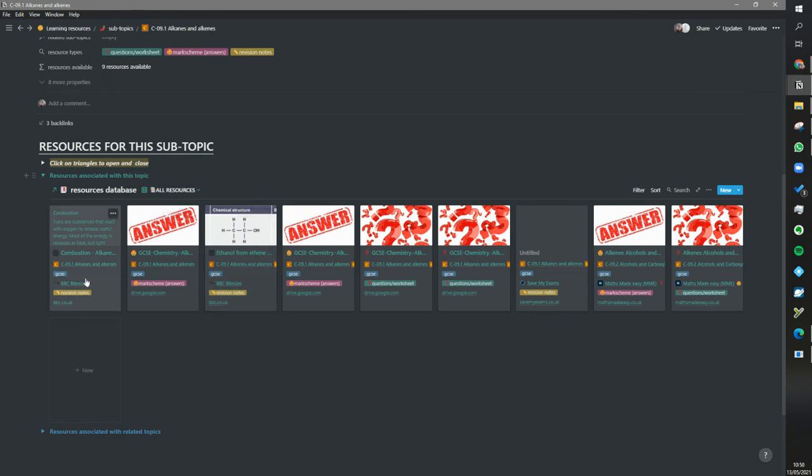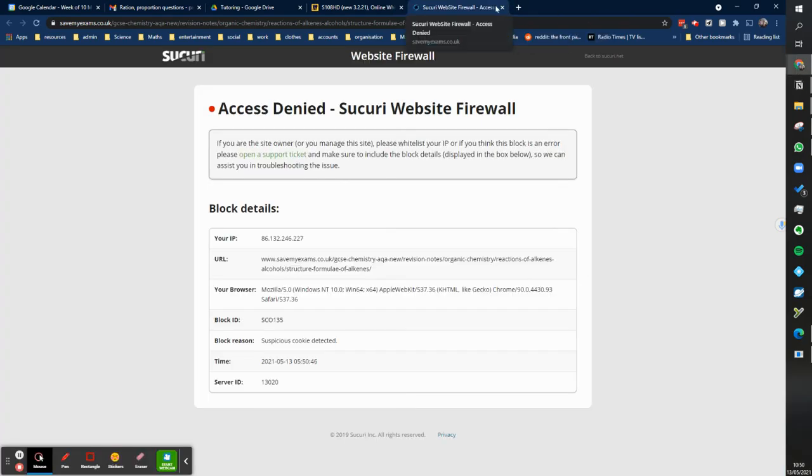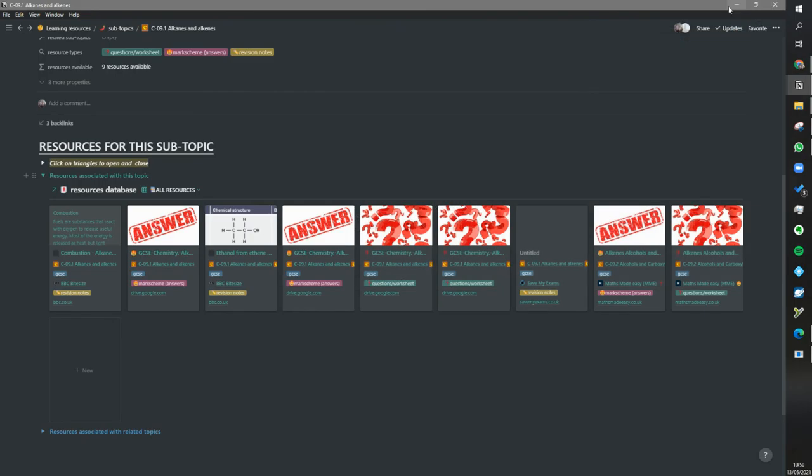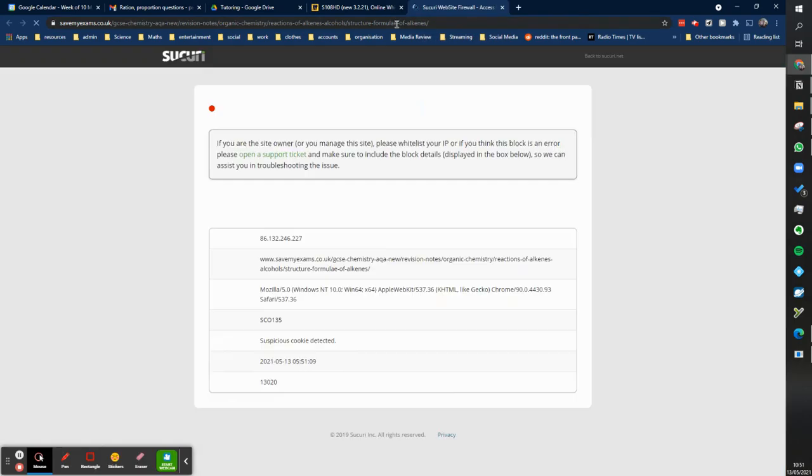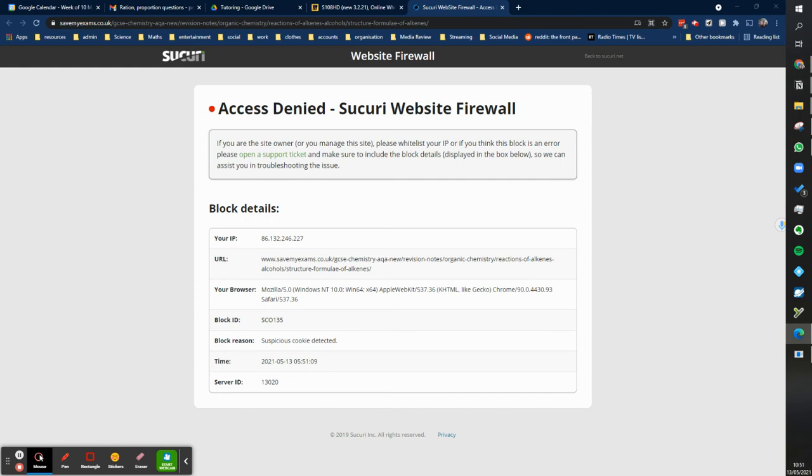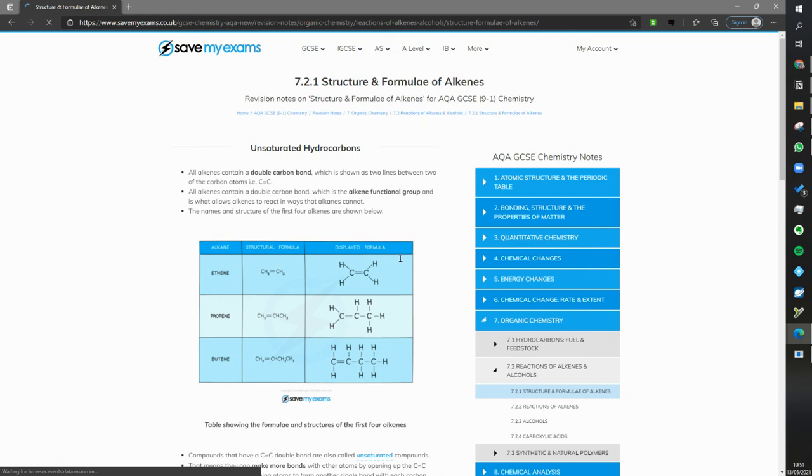And we've got some quite nice revision notes from BBC Bitesize, and we also have some from Save My Exams. Save My Exams is pretty good. Unfortunately, my Chrome has set up some weird firewall, but let me just open it up in Edge. So I'm not a big fan of it, but I'll do it anyway. Let's just click there, copy the link, and go there. Okay, so here's